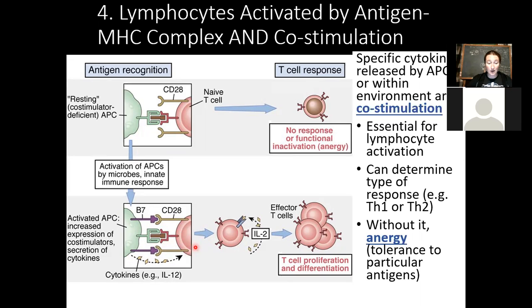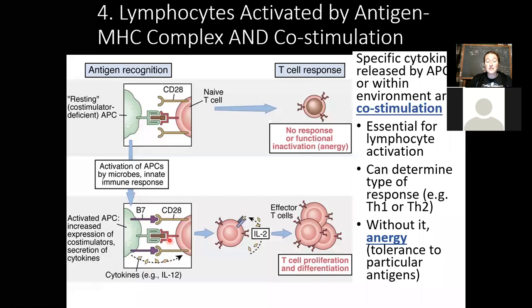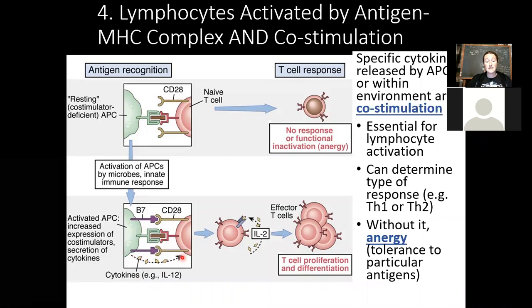So the T cell, whether it's cytotoxic or helper T, is going to receive two messages simultaneously. Here's the thing we need to go after. And the cytokines say, this is important. You need to launch a response against this. If there is no cytokine reinforcement, which we technically call co-stimulation,